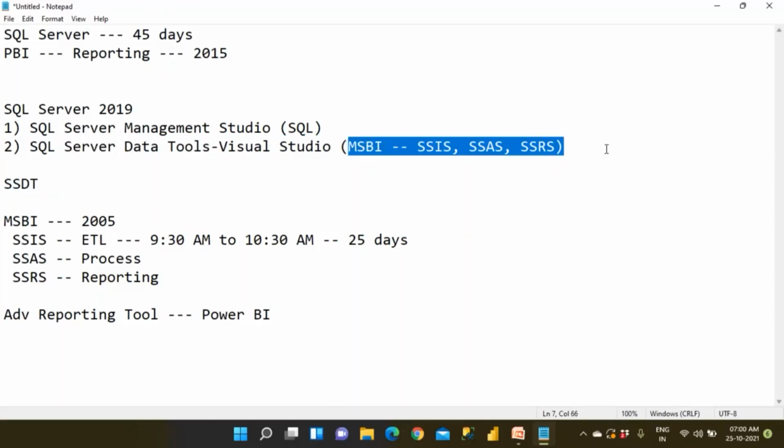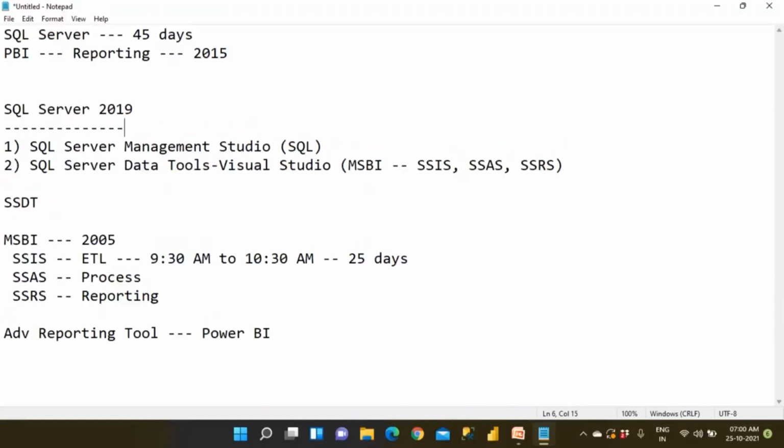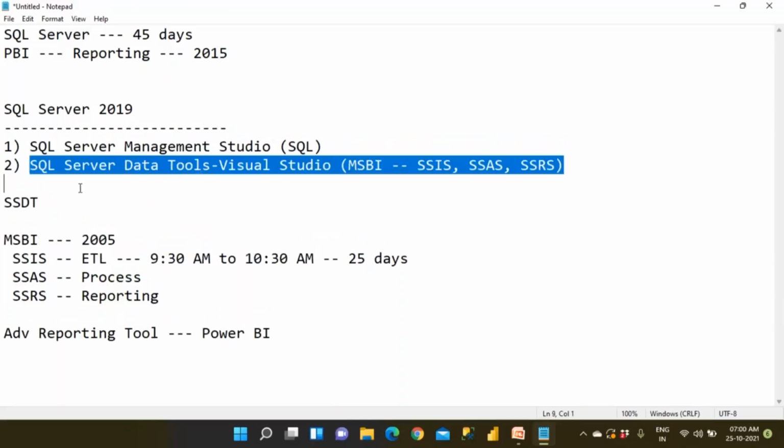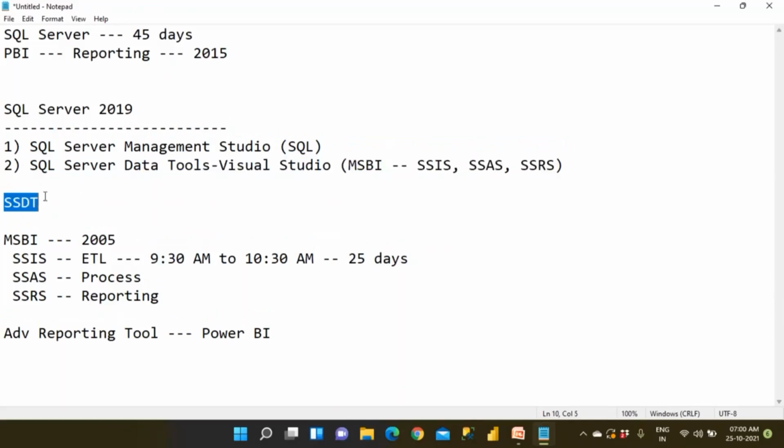Clear? When you install SQL Server, this is the latest version, right? Make sure SSDT is installed. SSDT is nothing but SQL Server Data Tools. It is also called Visual Studio.